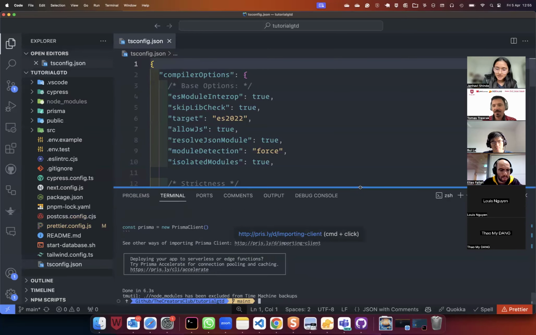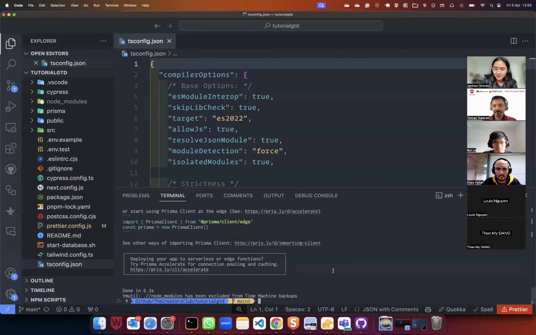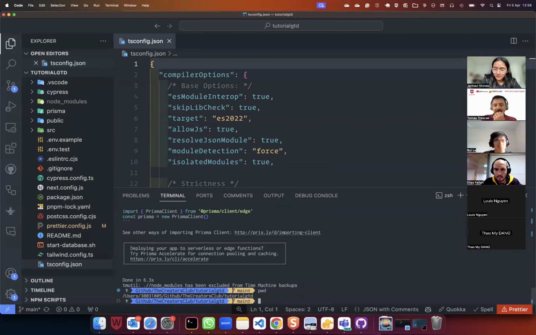I ran pnpm i, but it said no package.json found in the directory, even though I can see a package.json. Okay, so are you in Code and you are seeing this structure here on your left? Yeah. What is the directory name in which you are? Can you do pwd, print working directory? And make sure it is in the